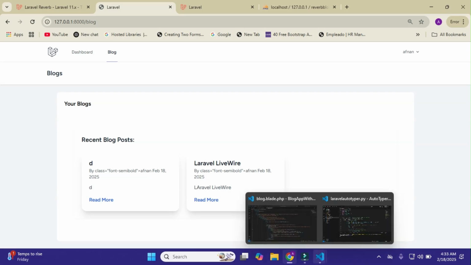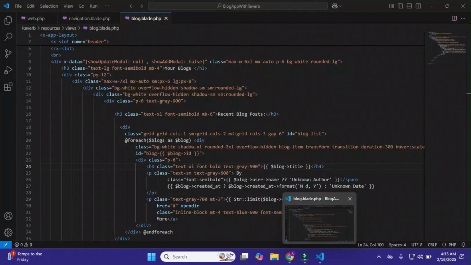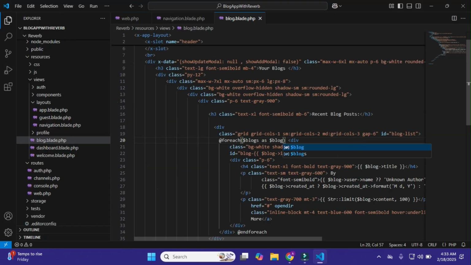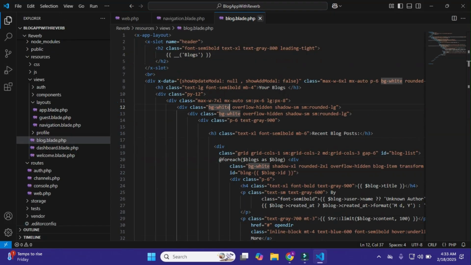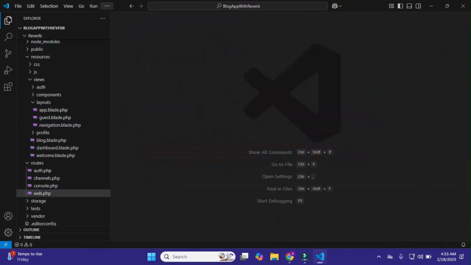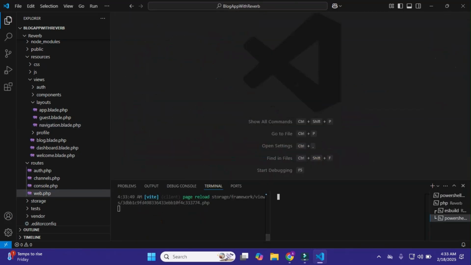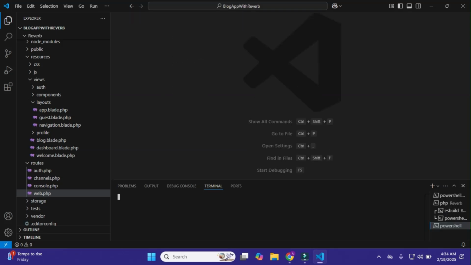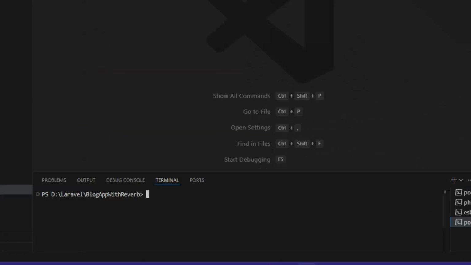For this I'll come to my project, close all of these, and open my terminal. Within it I'll come to my project like this, and we need to create the event, because we need to send the data in an event in real time.